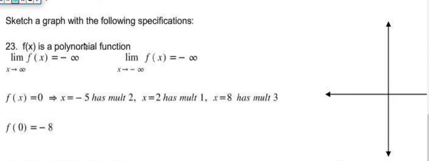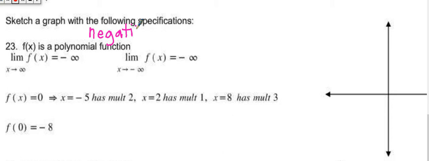So we're being asked to sketch the graph of this polynomial function with these given characteristics. We know some limits as x approaches infinities. As x goes to the right, the graph goes to negative infinity, and as x goes to the left, the graph also goes to negative infinity. So this should remind you, hopefully, that what we're going to deal with is a negative graph